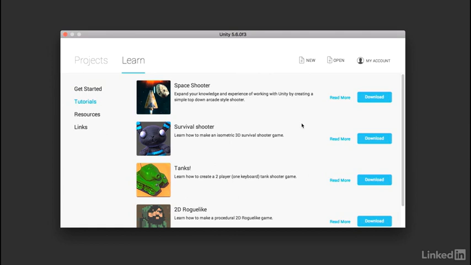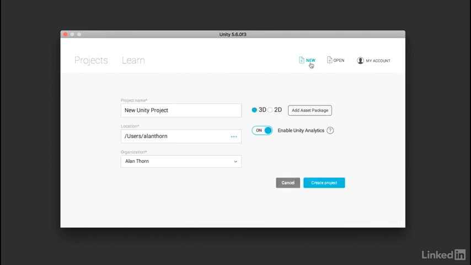Now, once you've actually signed into the Unity software, it may take you to the projects screen over here on the left, which shows you the recently loaded projects. But if this is the first time that you're running Unity, then you won't have any projects to open. It may also take you to the Learn tab, where you can get access to a range of quick-fire tutorials that try to introduce you to the different fundamentals of various aspects of the Unity engine. But typically you'll want to move over to the right-hand side to the New tab, which we can use to